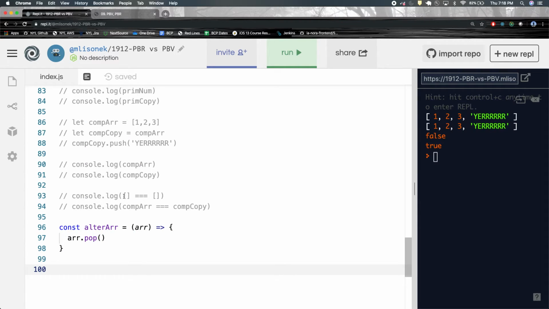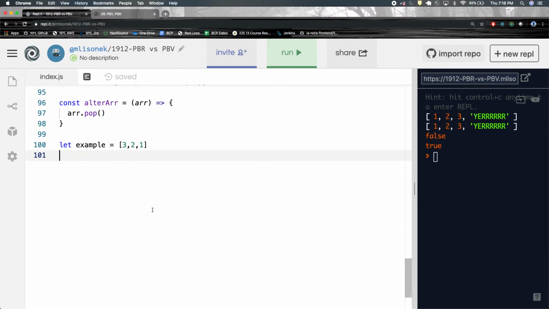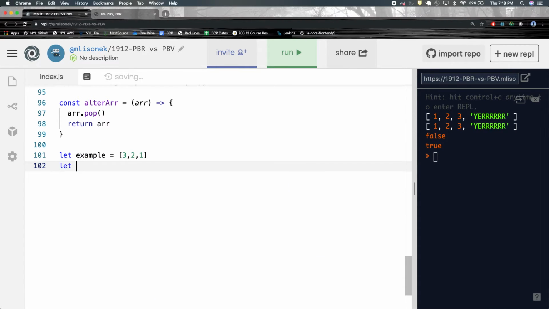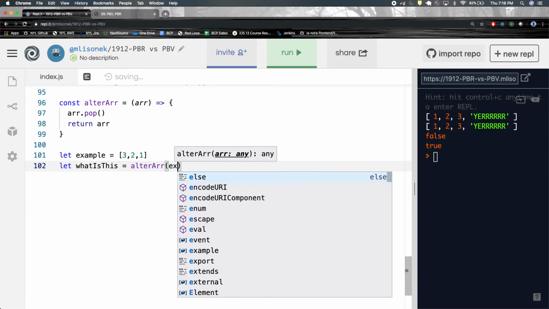So if I have let example equal an array, I'll do 3, 2, 1 now because I'm really creative, and I do r.pop, and then I can return r, right? And I say let what is this equal to alterR invoked with example